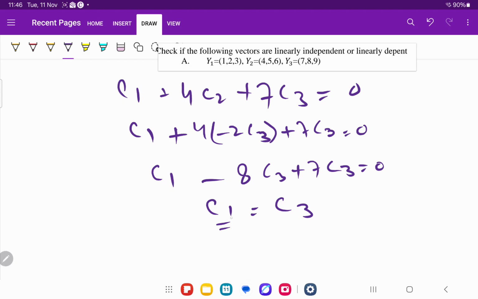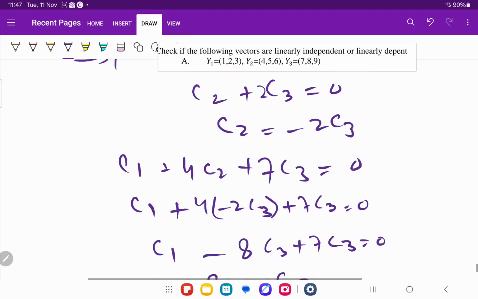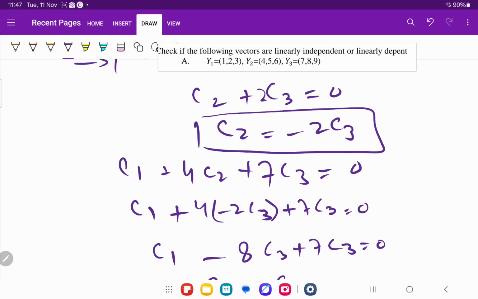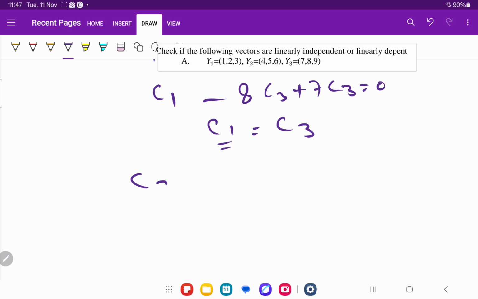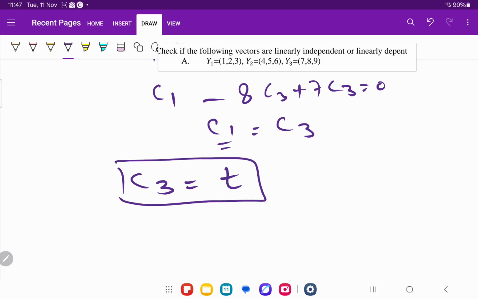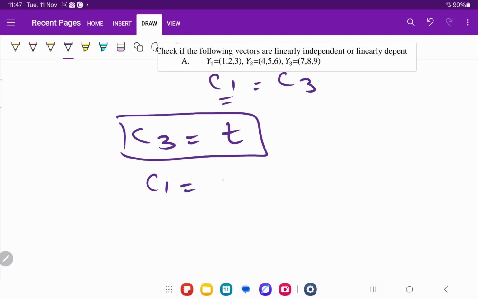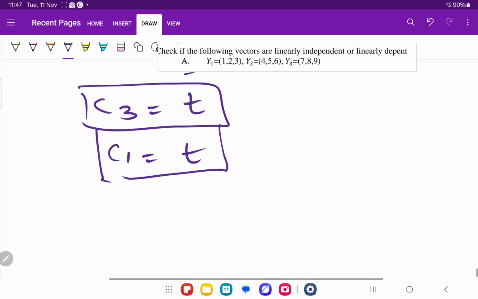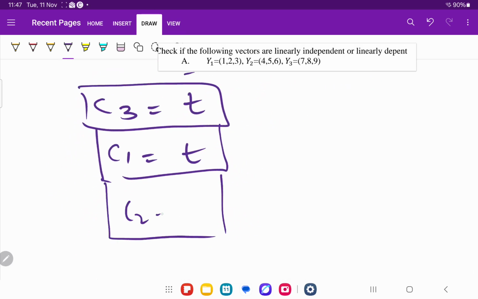So we got C1 is equal to C3 and C2 equal to minus C3. So if we are considering C3 any variable, let's say t, okay, then C1 will be equal to t, because we just put the value of C3, and C2 will equal to minus 2t. Okay, so it means that if you want to find the value of C1, C2, C3, you can find by writing